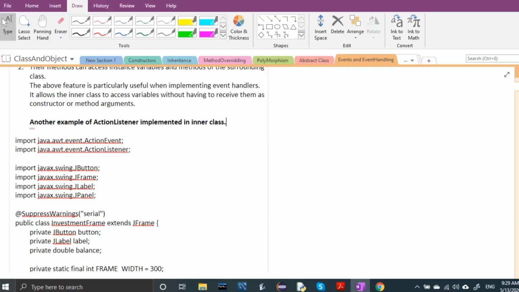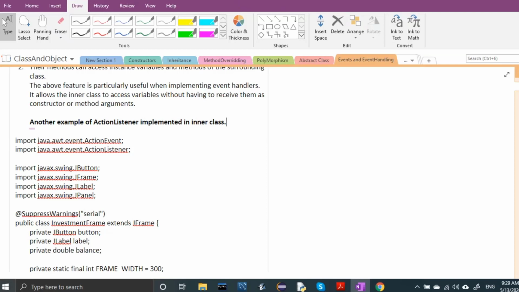Even you can create the inner class inside a method also. So it will use the local variables of the method also. But that is not a good idea. So never use that idea.